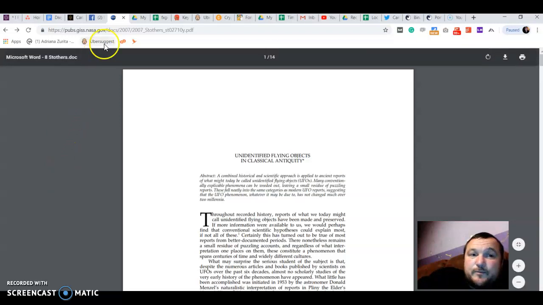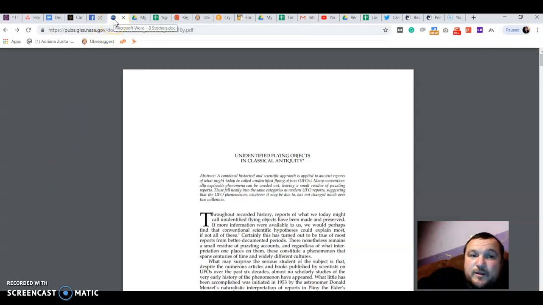Look up here on this tab where my mouse is. This is what we call a favicon. You'll notice on all the tabs that you have open on your computer, they've all got what they call a favicon, which is a little icon in the corner. Do you recognize that? I don't know how well you can see it on this screen record that I'm doing, but that's the NASA logo.